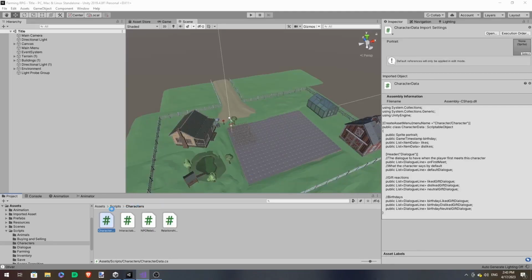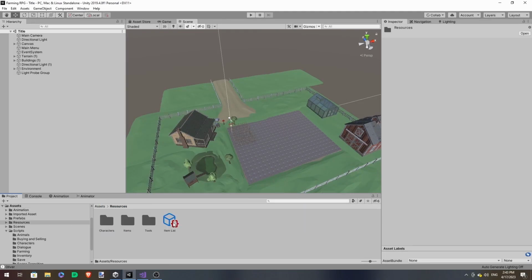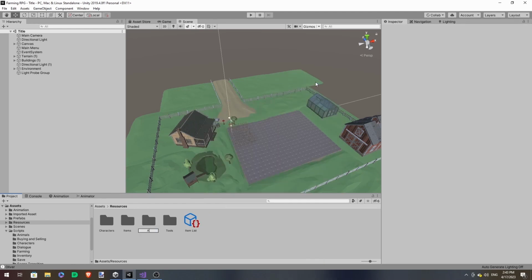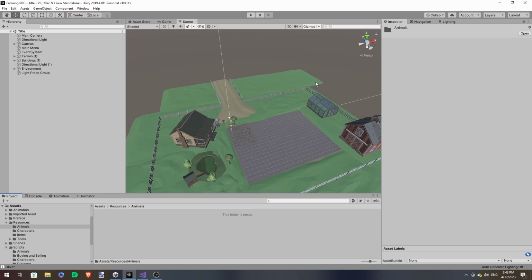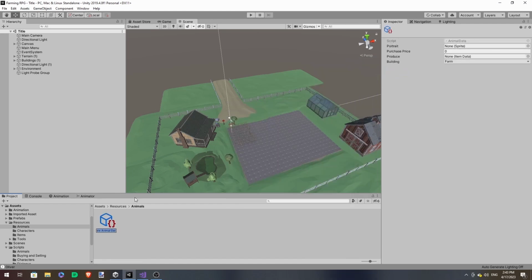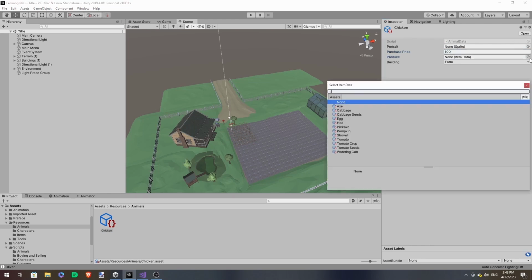Now let's go over to our resources folder. Create a new folder. Call it animals. And let's create our chicken entry. It's under animals, animal. Call this chicken. And set this to 100. It produces an egg.